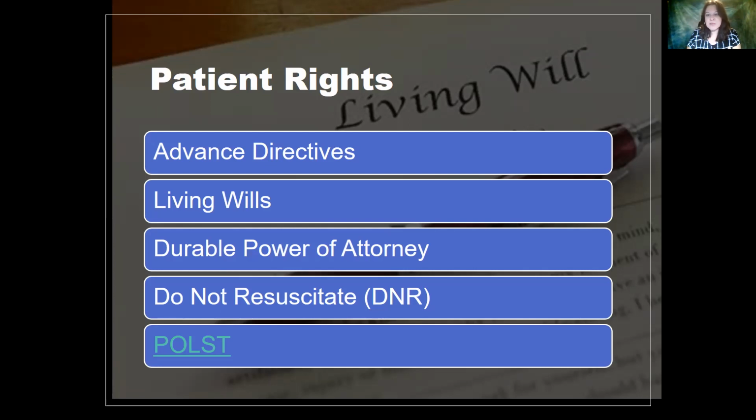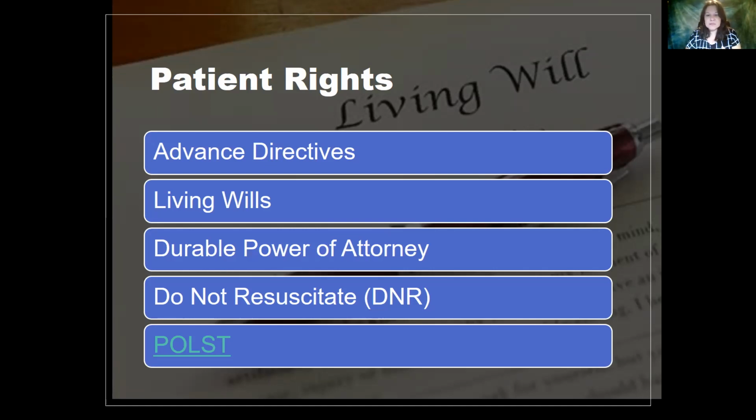It provides that medical order for current treatment, and the healthcare provider actually consults with the patient to ensure that their goals are represented. You may see this abbreviation changed in some states to a MOLST, M-O-L-S-T, or a MOST, M-O-S-T, which is a medical ordered scope of treatment form. So you may see different abbreviations in different states, but we use a POST in North Carolina most of the time. You also have a DNR, and I'm sorry I skipped around on that.